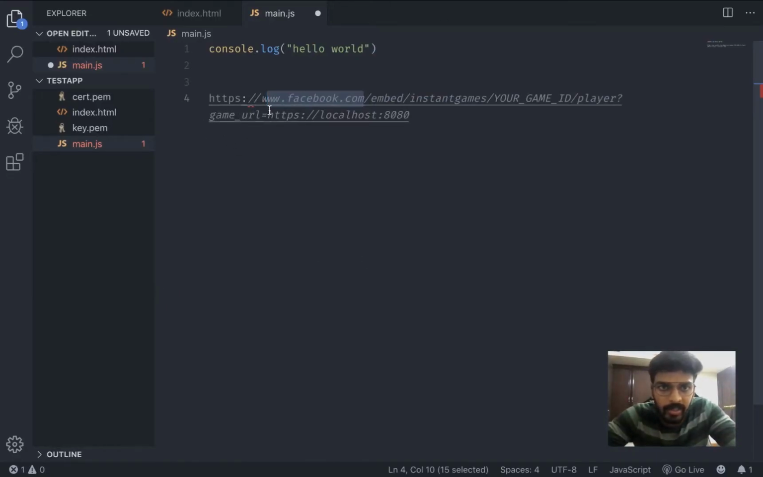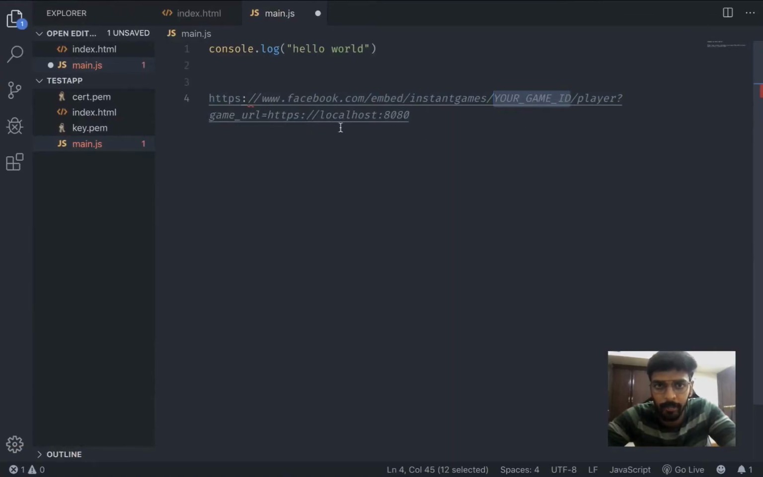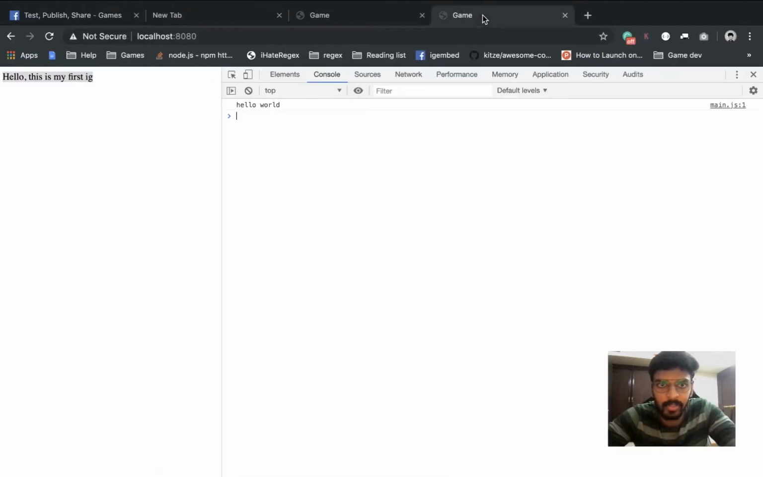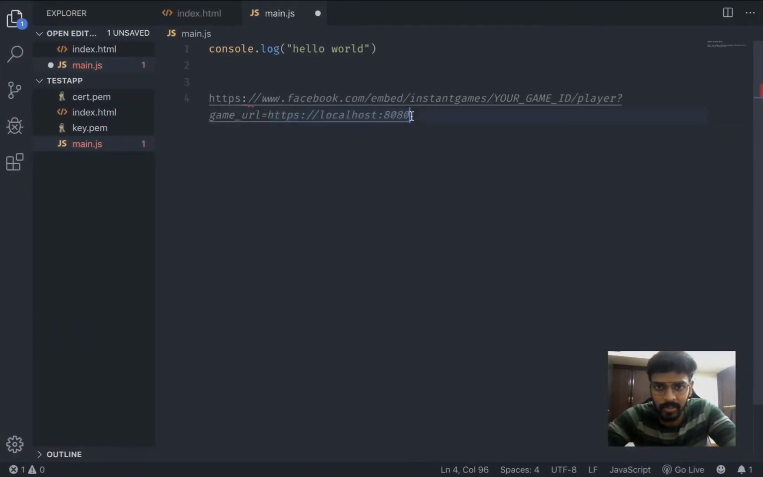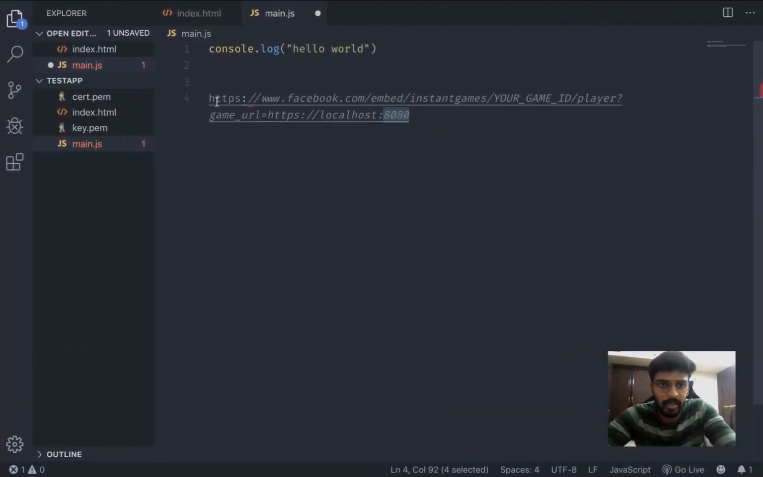But here you see that this is www.facebook.com/embed/instant-games/your-game-id. So you need to create a game or an application in Facebook beforehand in order to test your game. And this URL is exactly the same for us because our app also loads in 8080, so we don't have to change this for now. If you were to load your game on a different port like 3000, you'll change that over here. So first thing you gotta do is I'll just comment this out and we'll show you why we need such